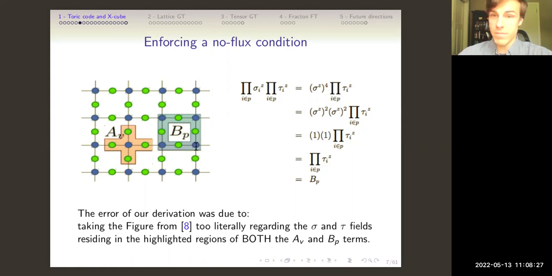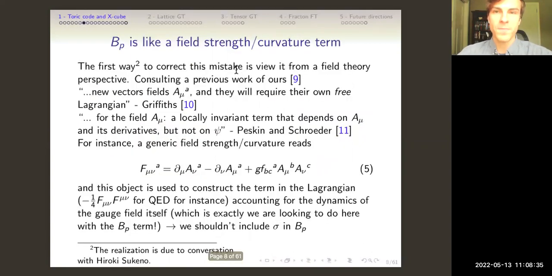This is incorrect, and there are 2 ways to fix it, both of which are thanks to one of Professor Wei's PhD students in the audience right now, Hiroki. So thank you for pointing this out, as well as the next remedy of this, which is a bit more formal. This is a bit more hand-wavy and is why I've been alluding to field theory, because now that we are working with gauge fields, we can use the background of field theory and